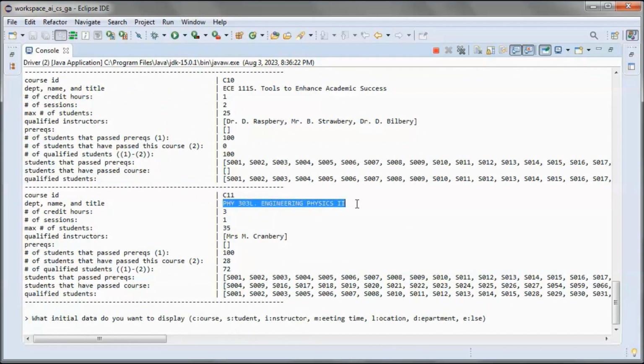So now we have department, name, and title of the course. And we have the number of credit hours for each course.